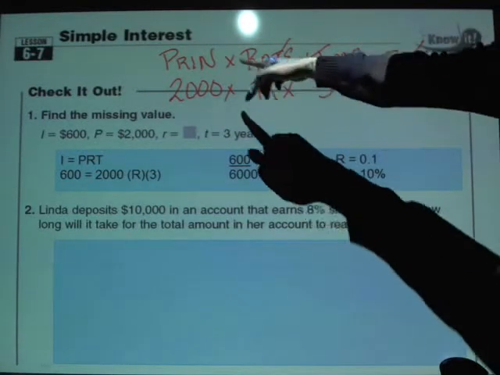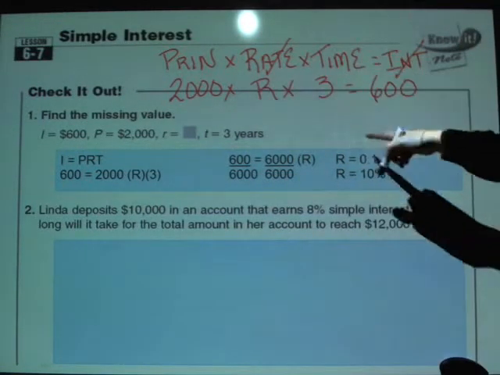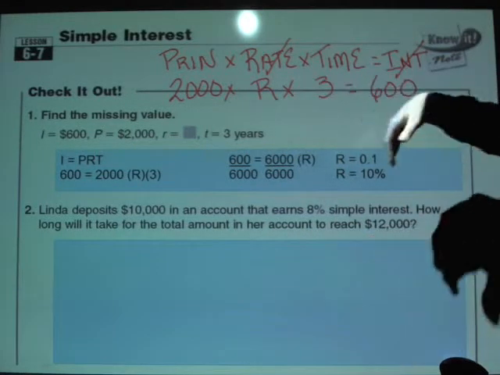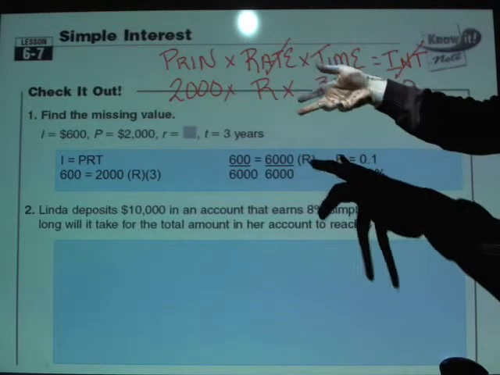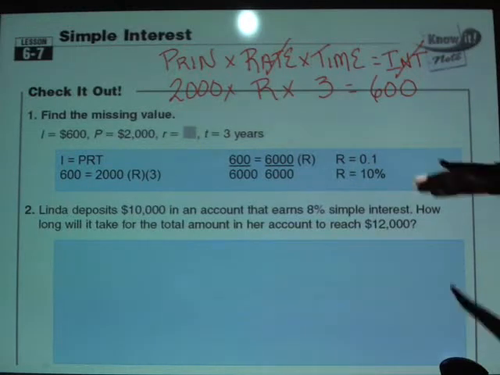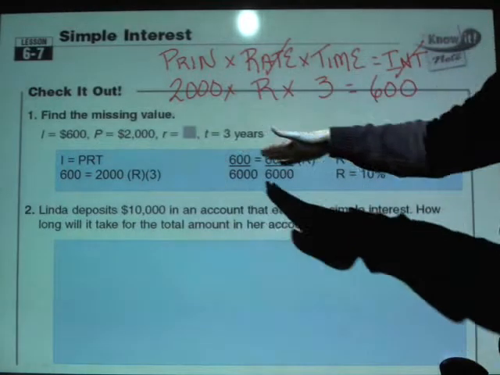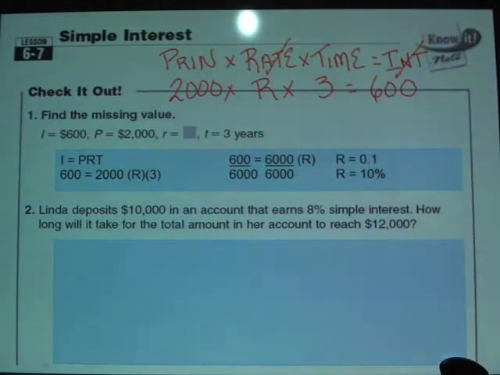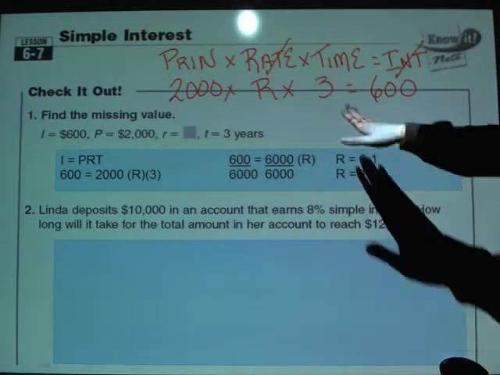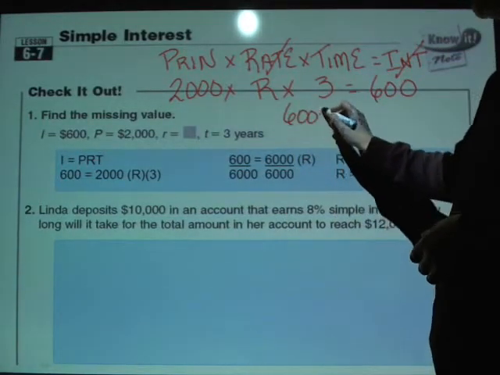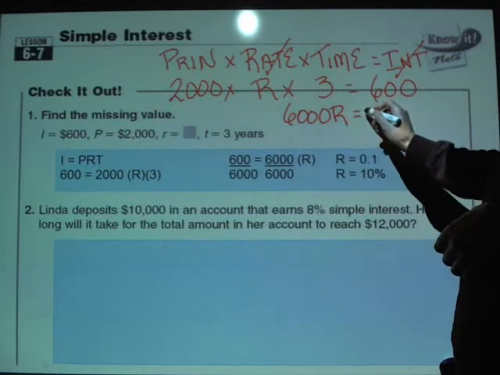So we see the two guys we're going to have to move are going to be the 2,000 and the 3. Remember, numbers are going to go to the right. That's how we know they're going to have to move, because they're numbers and they're on the left. Again, just like the other questions you heard in this presentation today, you've got choices. You can move each one of these separately or combine them first and move them as one. It's the same amount of work, so let's put them together. 3 and 2,000 go together to make 6,000. So I've got 6,000 R's, and it equals